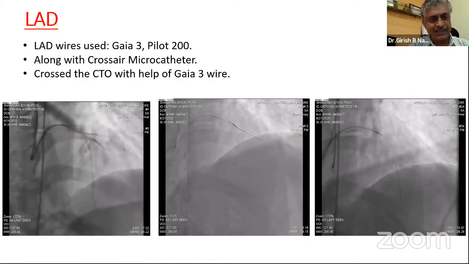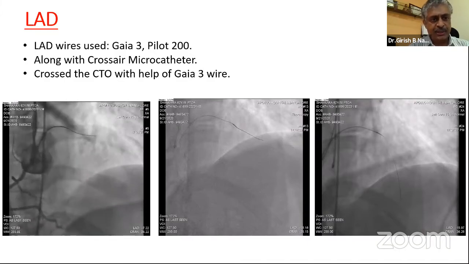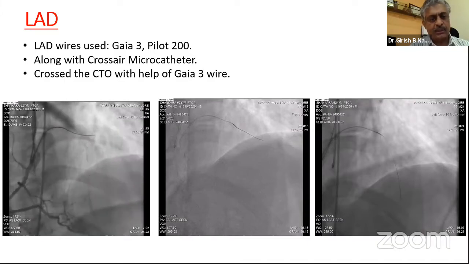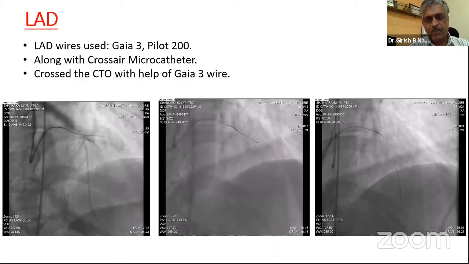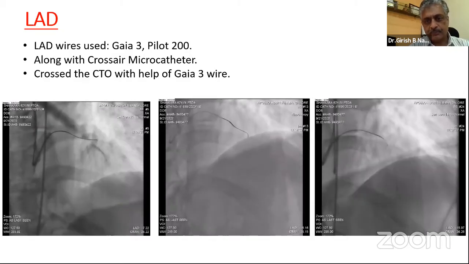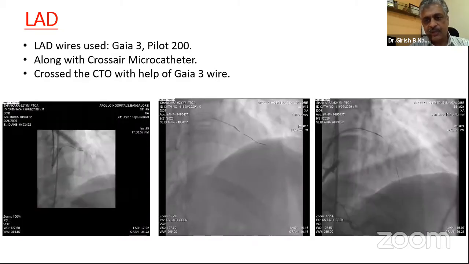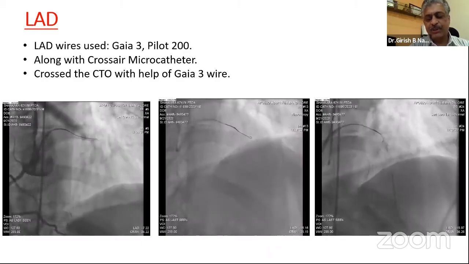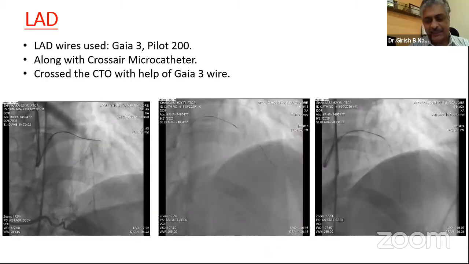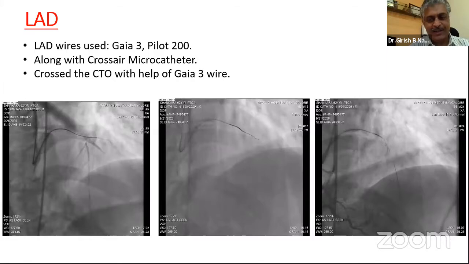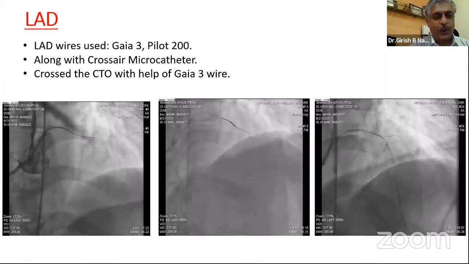It wouldn't get into the LAD, and then we changed over to Gaia 3, and then we could just cross down into the main vessel of the LAD. Until this time, it was all good. To be honest, I just helped to cross over the wire, handed over the case,